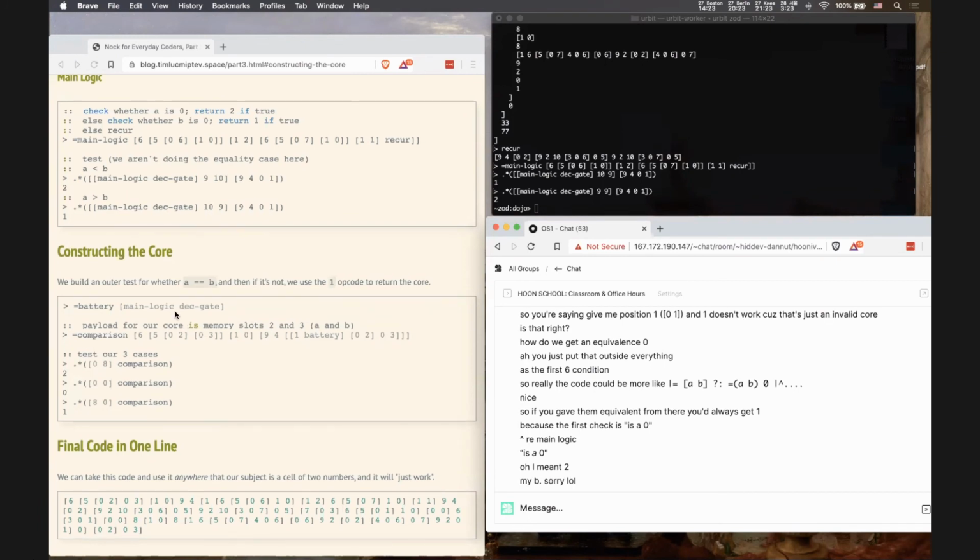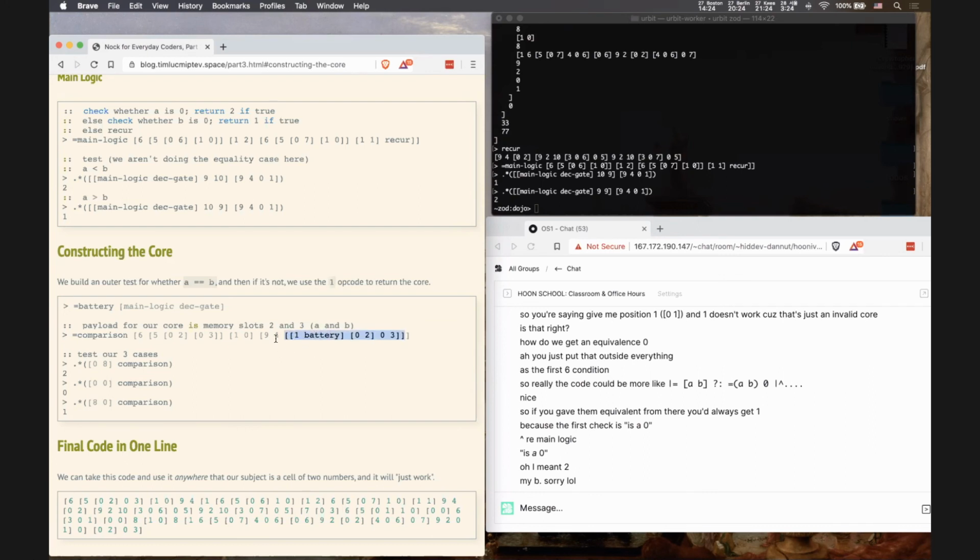And so there's a static and dynamic component of this core. The static component is battery, because that's always going to be the same every time through. It's just main logic and deck gate, which don't change at all. Those are just very inert formulas. And then our data changes on each run. So notice how that uses a formula. It extracts the 02 and the 03 to compare them. And then if we end up going to the core case, we extract them again,